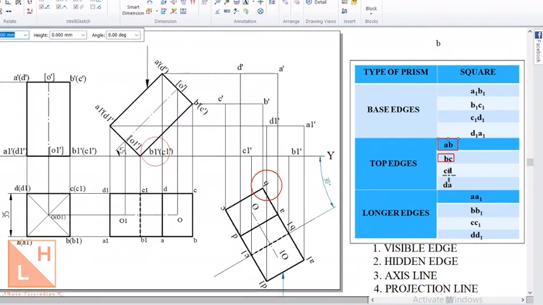And then go to the next one, BC. BC contains the point B, so this is also going to be called a hidden edge. Okay, and then CD, there is no B here, so it is not hidden. DA, no B here, so it is not hidden. Now AA1, no point B, it is not hidden. BB1, there is an existence of point B, so this is called one of the hidden edges in the final position. CC1, no B. DD1, no B. So B exists in three edges, AB, BC and BB1.